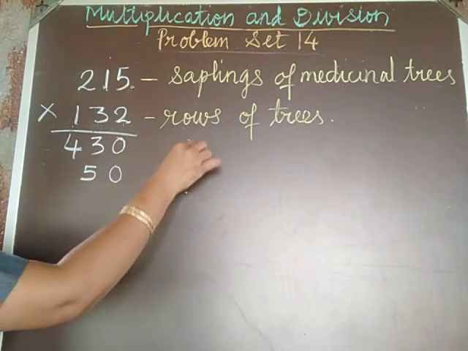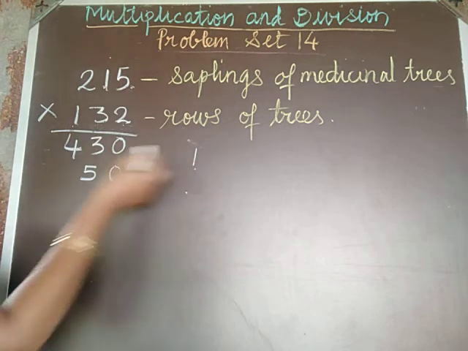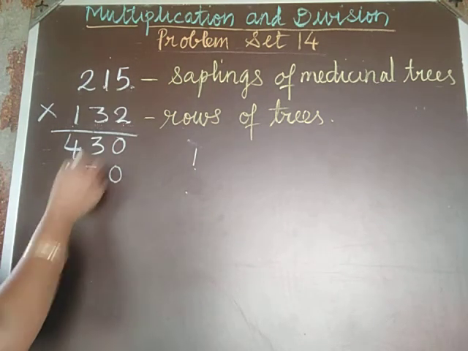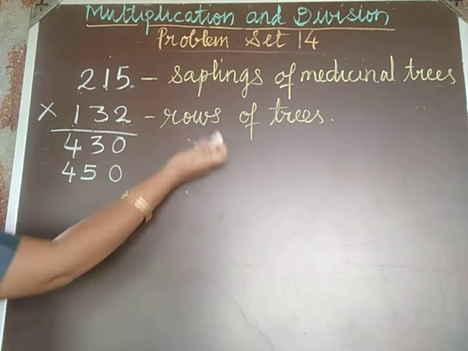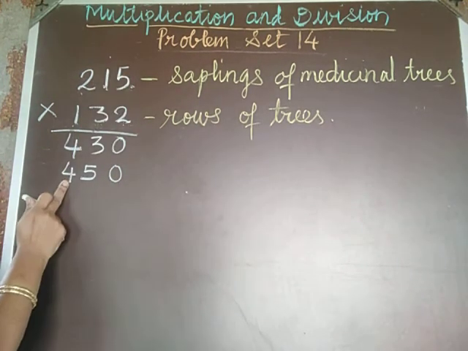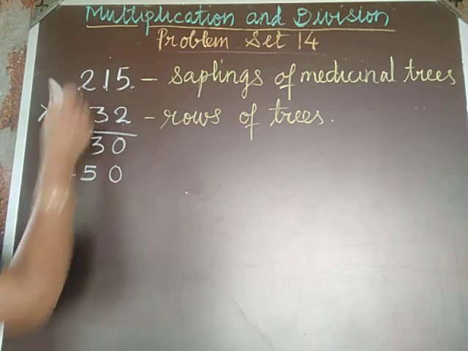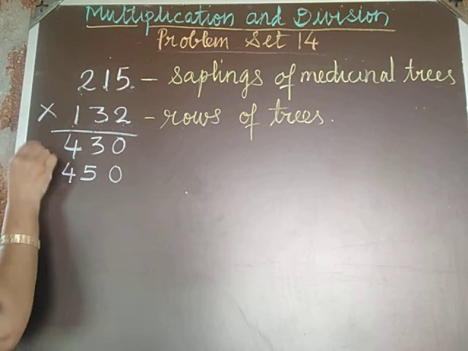15. Okay, so carry 1. Now 3 ones are 3, plus 1 is equal to 4. Okay, students, so 3 twos are 6. Now nothing is carried, because 3 ones are 3 plus 1, we have taken 4. So nothing is carried. So now what we have to do? 3 twos are 6. Okay, so write here and then you have to add here.